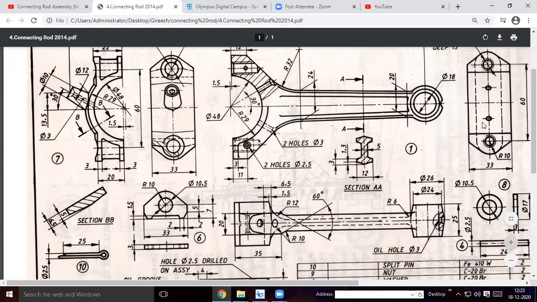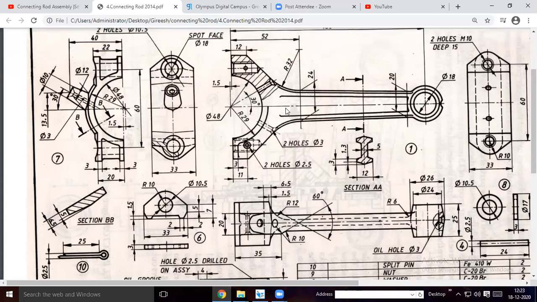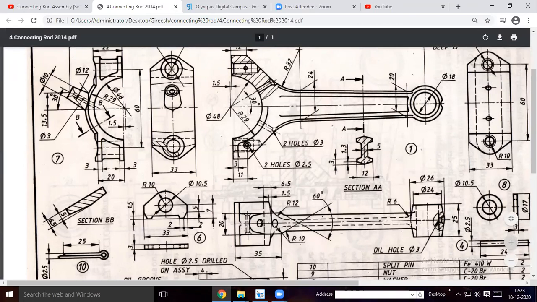So what has to be done here? From this point to this distance will be 48. From here to here the distance will be 48 because, sorry, the diameter is 48 here to here. So this is 60 as it is given. 60 minus 48 will be 12 mm. So from this point to this point it will be 6 mm. Okay, this line, as you see, is 6 mm. This is also 6 mm. Is it clear?